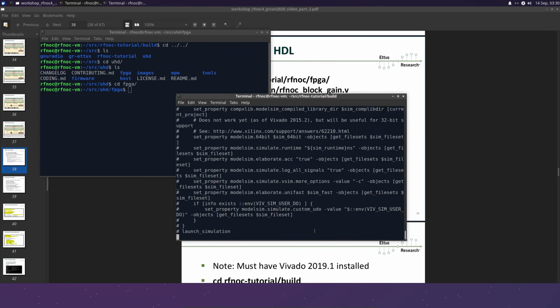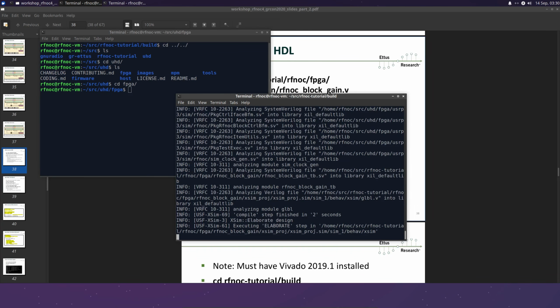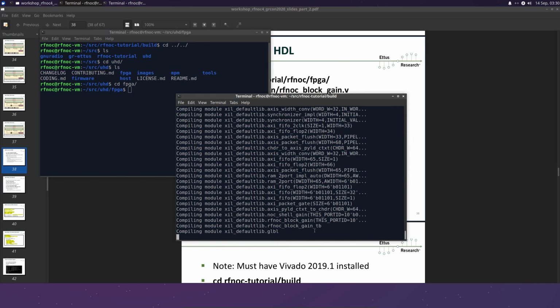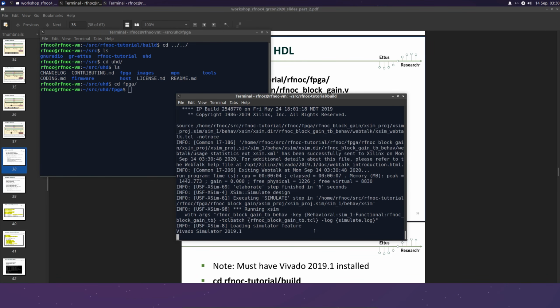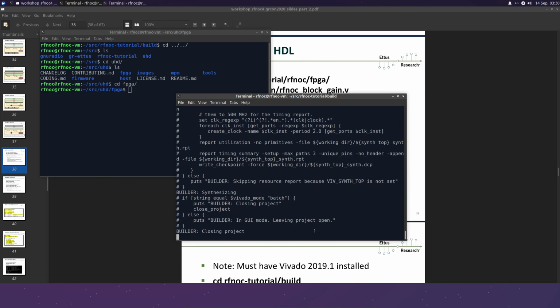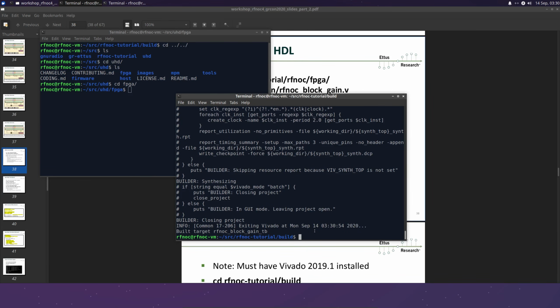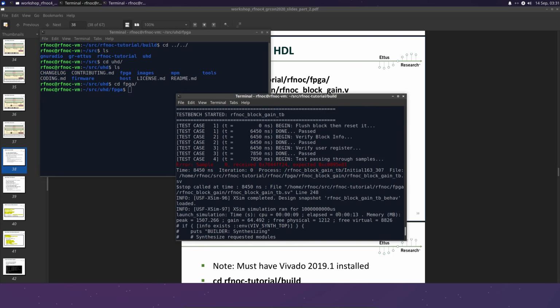By default, the default implementation of rfnoc-modtool has the payload and context buses loop back on themselves without any modification, but we modified it to apply a gain. And in good fashion, the test bench makes that assumption, so that out of the box you could run the test bench and it passes. But since we've added a gain, if we go up here we can see there's an error. We received this, but we expected this,